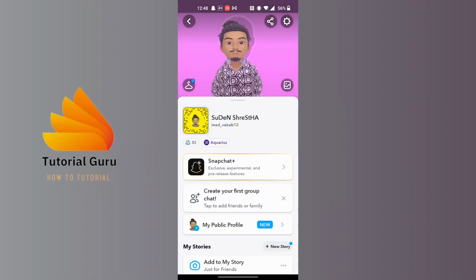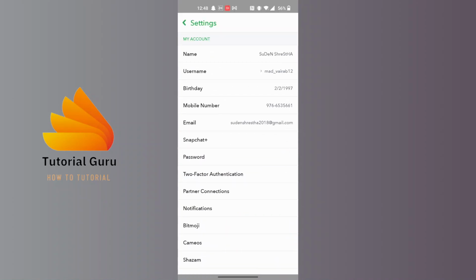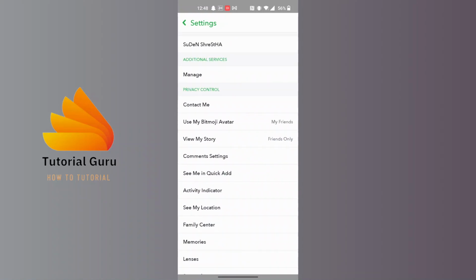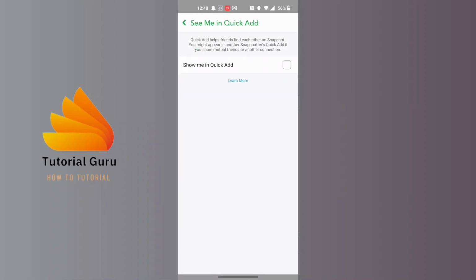And on this interface, again at the top right corner of the screen, there is a settings or a gear icon. Tap over there and scroll down until you can find Quick Add or See Me in Quick Add. Over here guys, under the privacy control you can see there is the See Me in Quick Add button. Tap on there and you can see guys, for you this tick mark will be enabled, but in